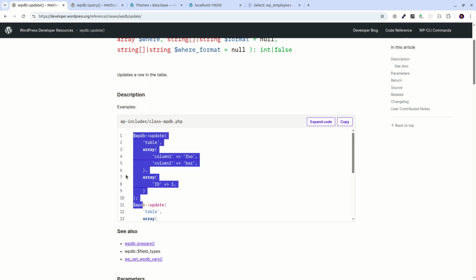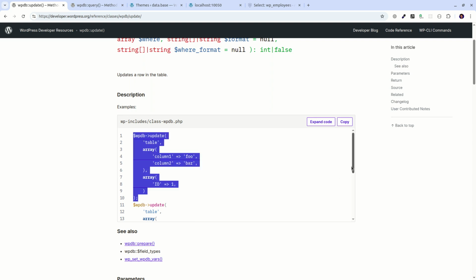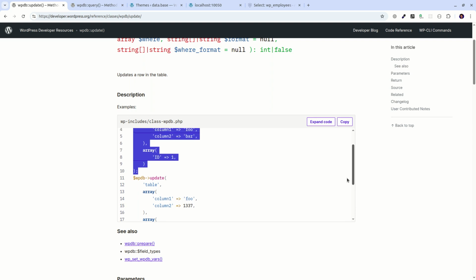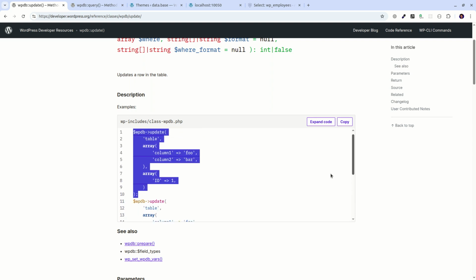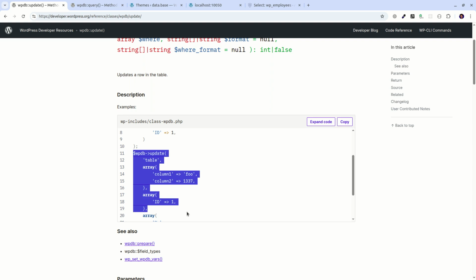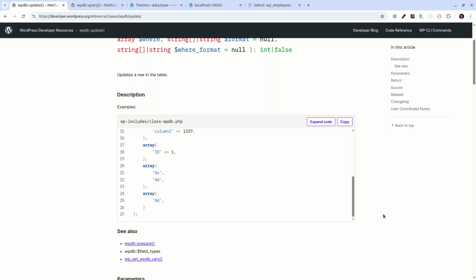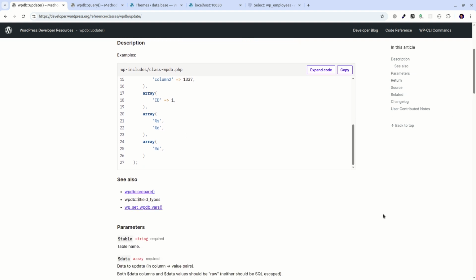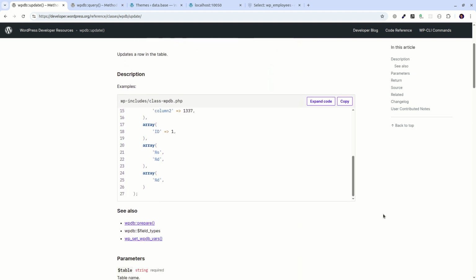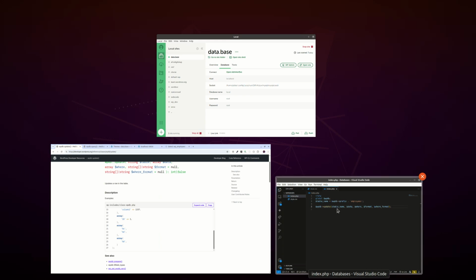So this is the one without caring about security, and this is the one when we actually care about security, okay? So it uses prepare inside itself. And then, what we are going to do is go ahead and